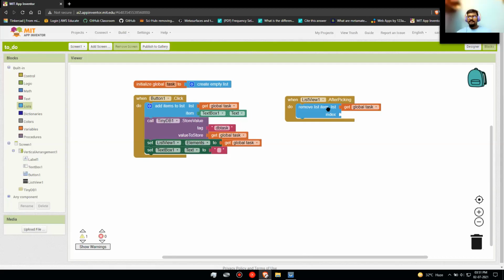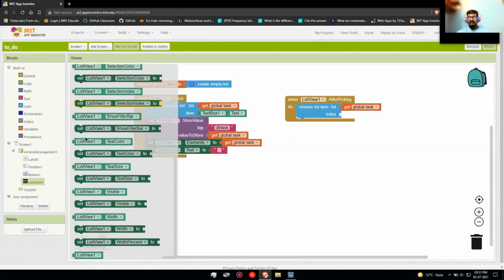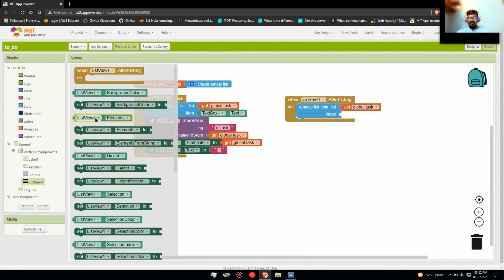So next it is asking for an index, like which one we want to remove, the first one or second one or third one. So it will be the one which we click on. That will be under list view dot elements.